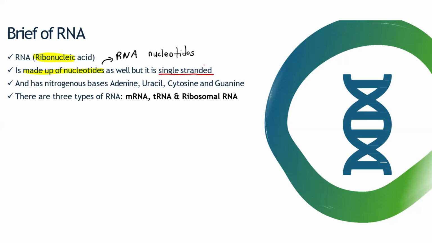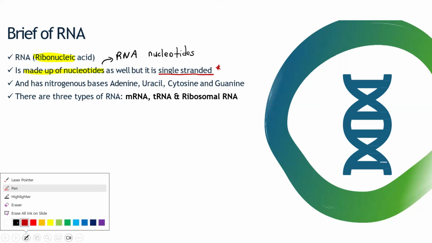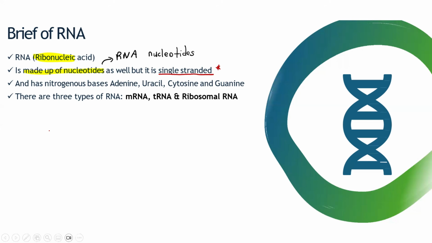Remember that in DNA we say that it is what? It's double-stranded, right? Yes. But now when it comes to RNA, we say that it is single-stranded. But for you guys to understand RNA, we need to draw the nucleotide, the RNA nucleotide. So the RNA nucleotide is similar to that one of DNA. It has got a phosphate group as well. It has got a sugar here. What is the name of the sugar that we find in an RNA molecule? Ribose sugar. Okay, that's the difference.